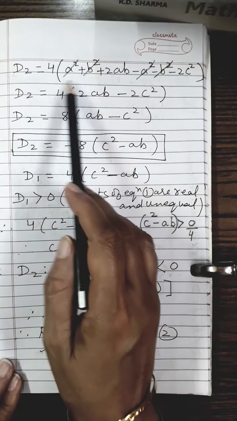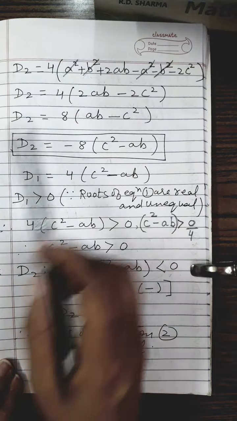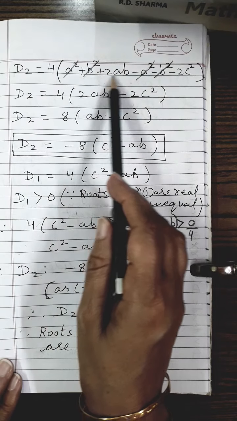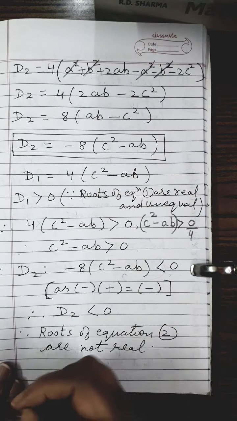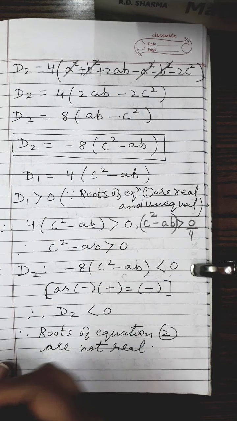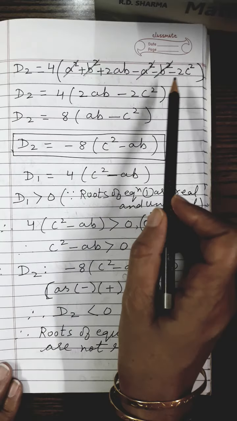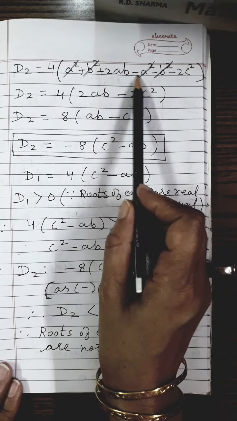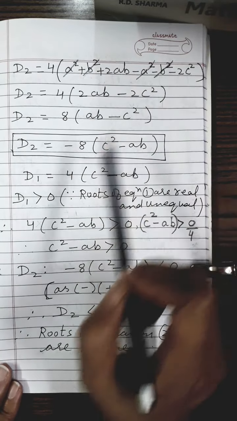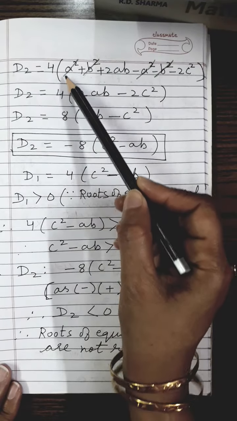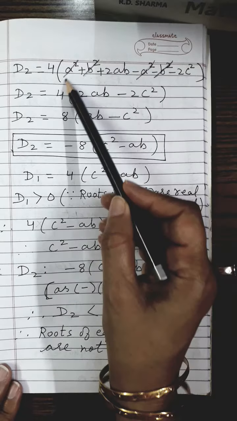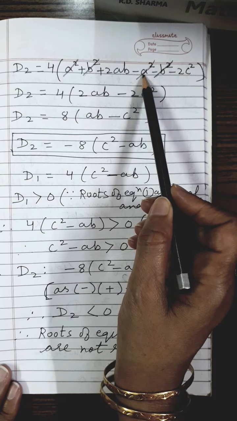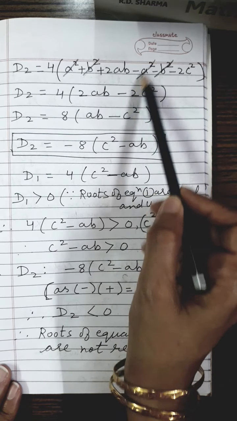4 common. The a plus b whole square from the first term, I can write down this identity: a square plus b square plus 2ab, and the second term was a square plus b square plus 2c square. Because there is a minus sign in between, all the terms will get negative. So minus a square minus b square minus 2c square, right? Now what you notice, this a square is positive, this a square is negative, so I can cancel them out because a square minus a square gives you 0, which I show by cancelling them out.